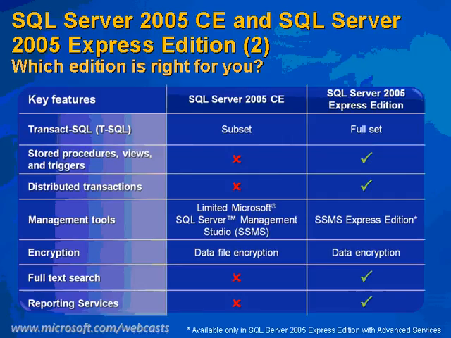As far as security and encryption, data encryption is fully available in the Express Edition. But when it comes to Compact Edition, the only thing you can do is encrypt the data files that hold the database data to have some kind of security. Otherwise, there's no native encryption available within the Compact Edition itself. Full text search is not available in Compact Edition, but it's available in Express. The same goes for Reporting Services. The basic Reporting Services, the ability to report based on your data, is not available on Compact Edition, but it comes in Express Edition,